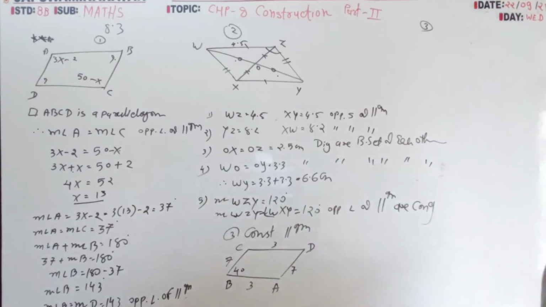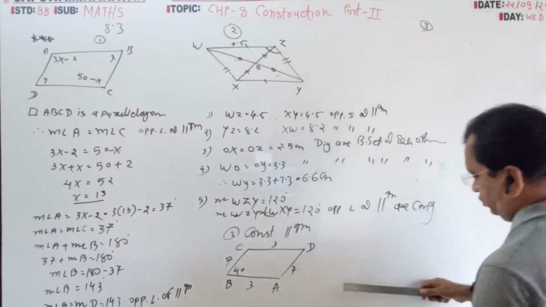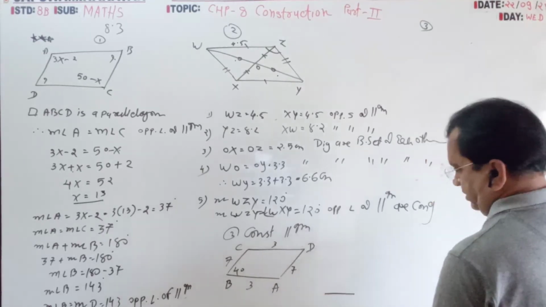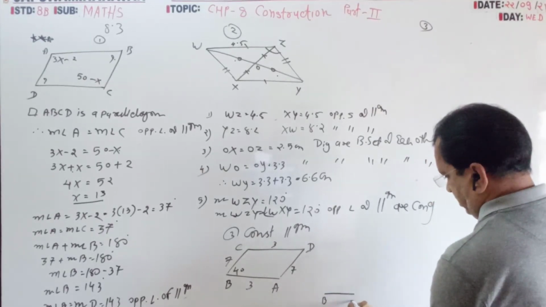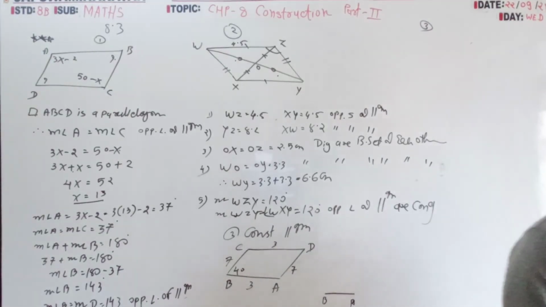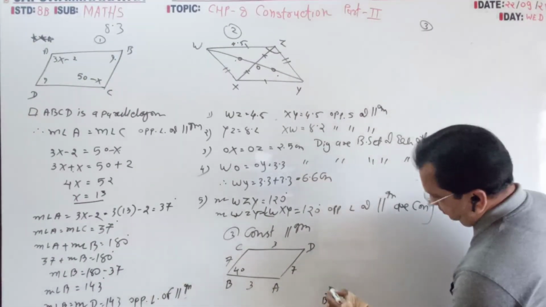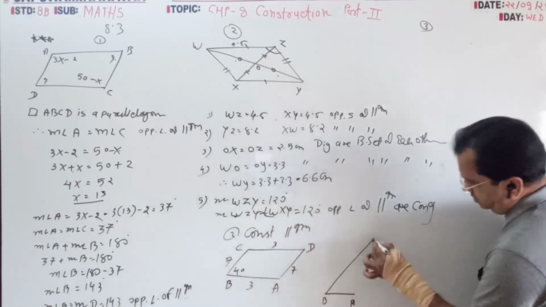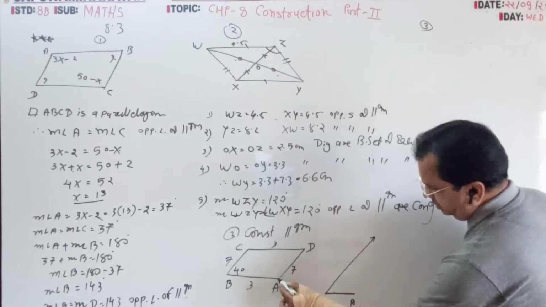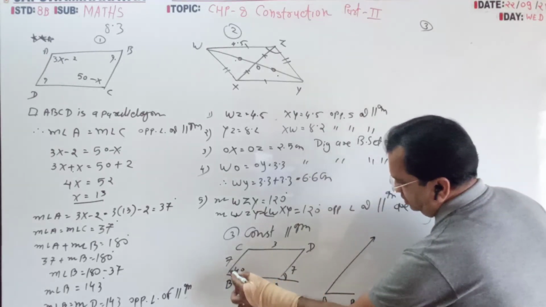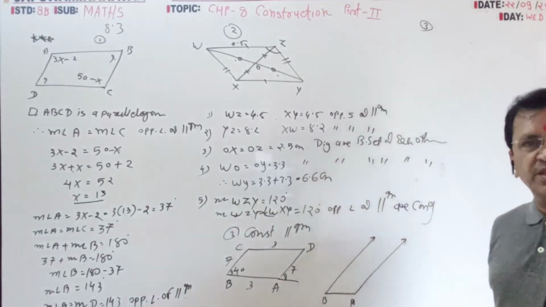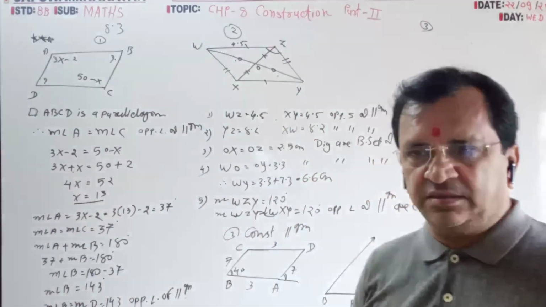So it is a different type. There is a scale. So take 3 for AB, 40 degrees. So I draw 40 degrees. And it is a parallelogram. So this is 140. Or here also you can take 40 degrees. Here also you can take 40 degrees. So it is parallel.